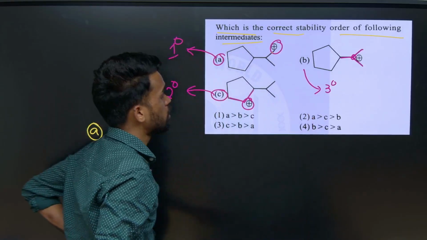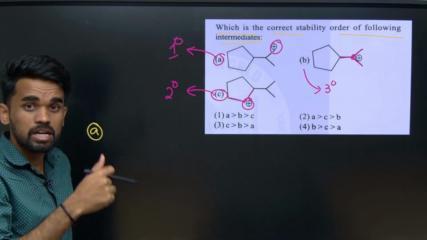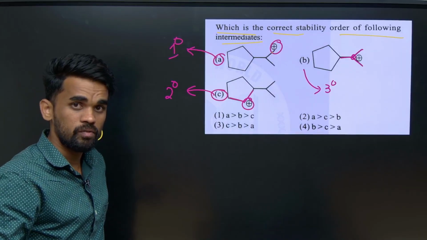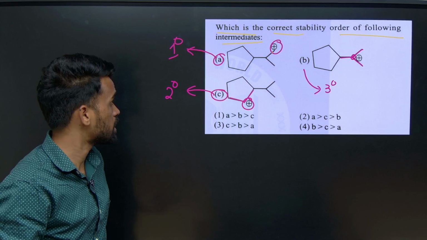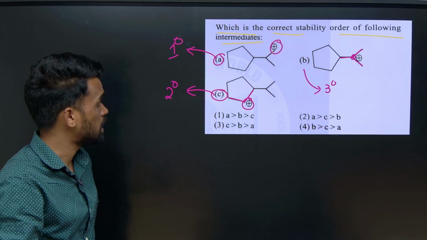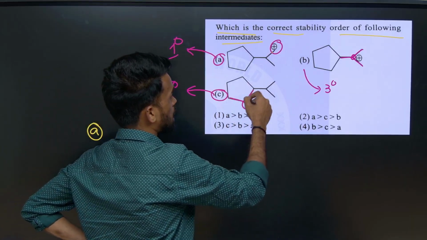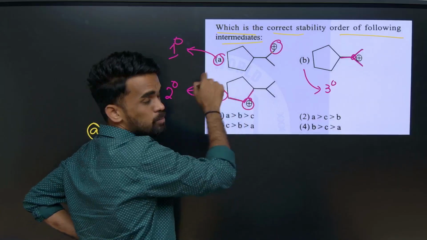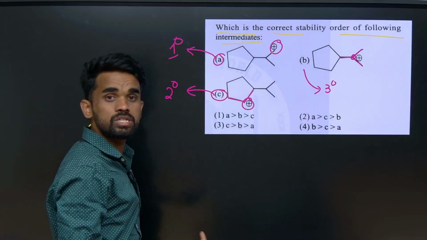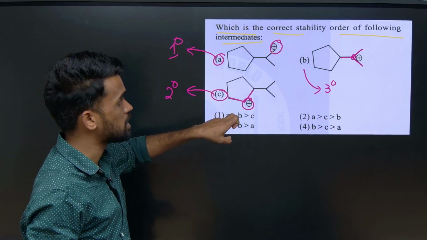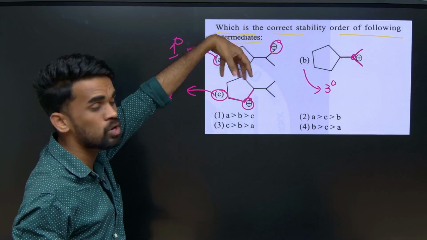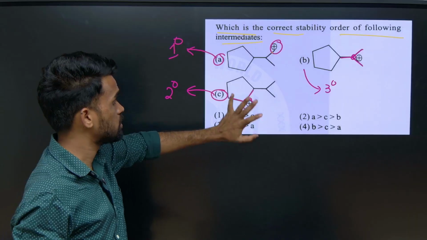This carbon is positively charged, with carbons on this side and this side, so I can say C is a tertiary carbocation. Now I told you, if electron releasing groups are present on a carbocation, it will be stabilized more. So the more alkyl groups attached to that particular carbocation, the more stabilized it will be. It means the carbocation surrounded by more alkyl groups is more stable. So let us see exactly.